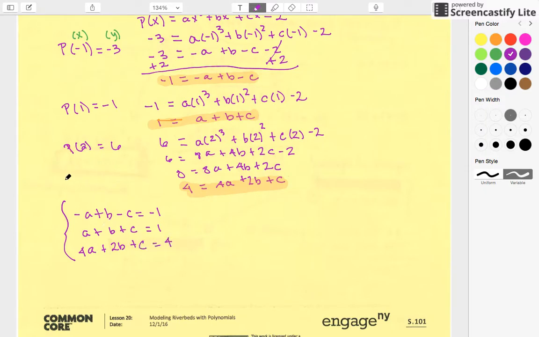Okay, and remember, for systems of equations, all you're really doing for this one is a process of elimination, figuring out what your a values are. I'm going to call these equation 1, equation 2, equation 3. So I'm going to subtract equation 1 from equation 2. So I can do a plus b